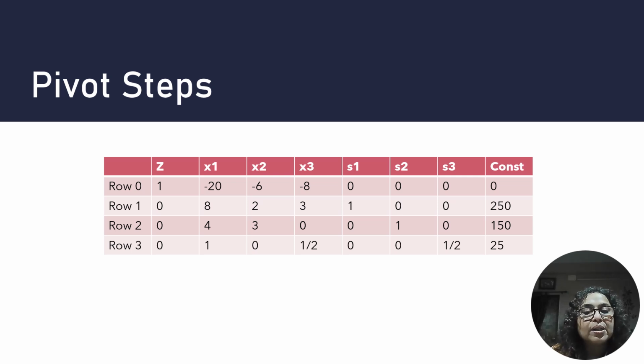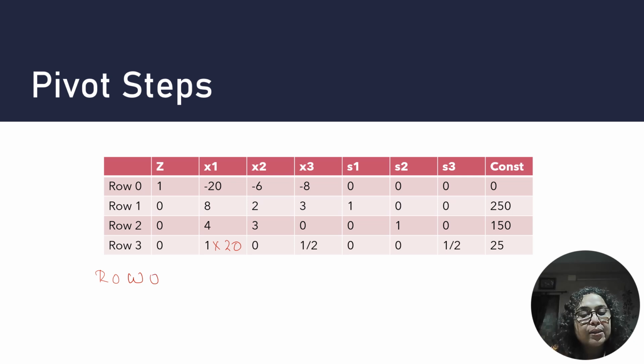Next conversion is we have to make all these 3 entries 0 because x1 has to be a part of the basis. So it will replace S3, so the column will be 0, 0, 0, 1. So how to make that? We can multiply this with 20, and if we add this 20 over here, this will become 0. So that means my new row 0